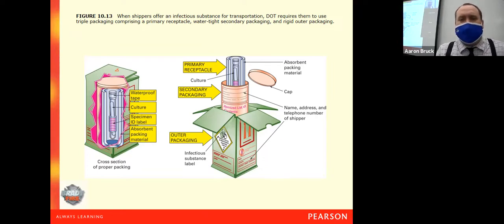So all those precautions are in place so that in the event that this gets bumped or dislodged or otherwise runs into some kind of catastrophe, maybe it gets flooded, the chances of the infectious substance getting out, or you opening up all the packaging and finding a vial that has been broken and is open, and now all that infectious substance is just out in the air, out in the packing material, chances of all that are pretty low under the triple packaging system.